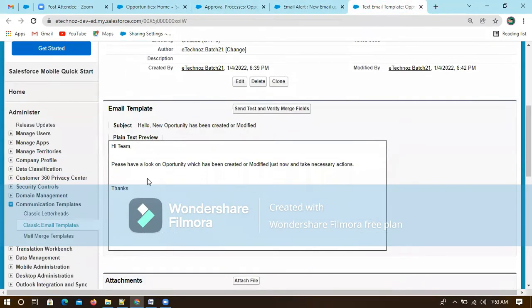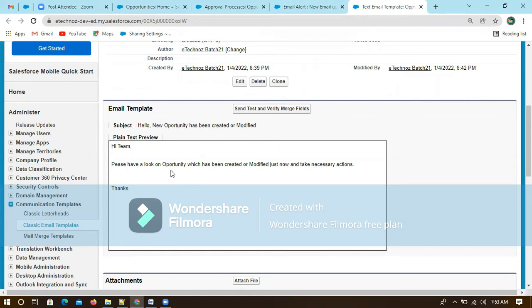Okay, consider some scenarios. Maybe they can ask, "This is only normal text, right?" So they can't understand which opportunity it is. They can ask, "Which opportunity? New opportunity means which opportunity?" So they have to go again and search all the opportunities, right?